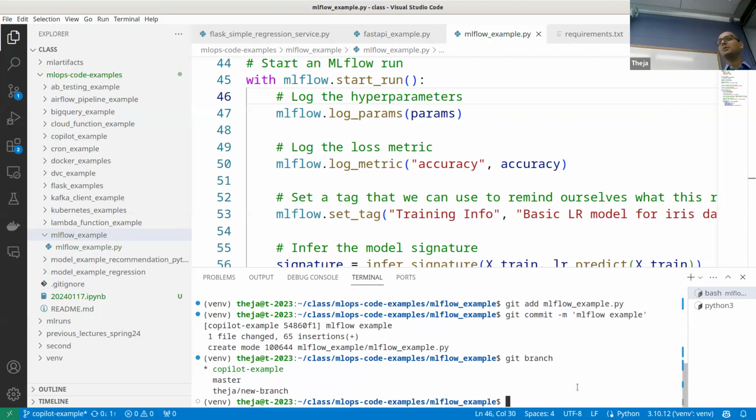So today we'll commit both the MLflow and the DVC example. We'll do the merge process after, in a few minutes. So that way it works out. Because the other branch, we already kind of used it and merged back, so we don't want to use that branch anymore. We can delete that branch if we want. Also, the Copilot example branch. Anyway,